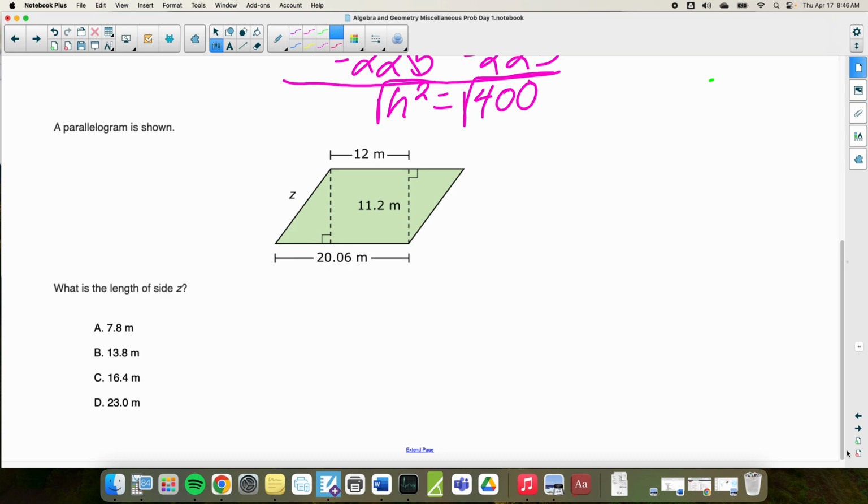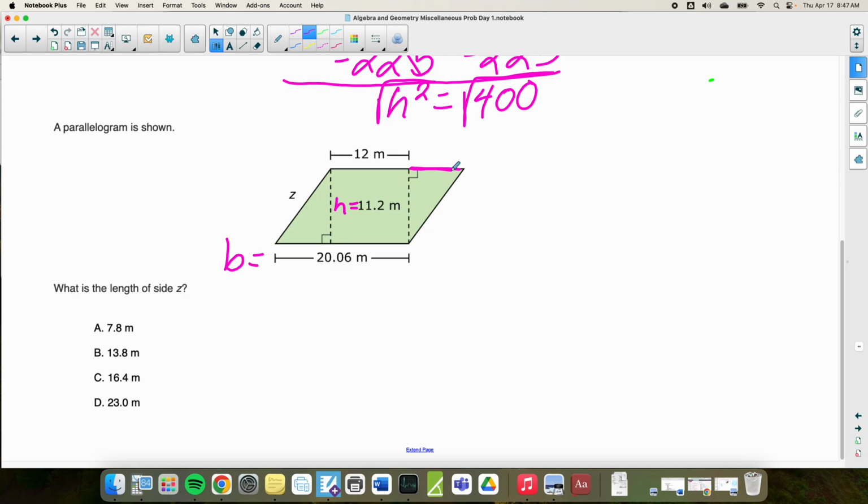Okay, if I look at this one, this is one I would think they have to use a calculator on because you have decimals and stuff. But this would be my base, okay? I need to find, this is my height, but what do I need? What is the length of Z, okay? So this is 12. Could I find this distance right here? Yep. If the whole thing is 20.06, what do you think this would be for 12 plus that to be